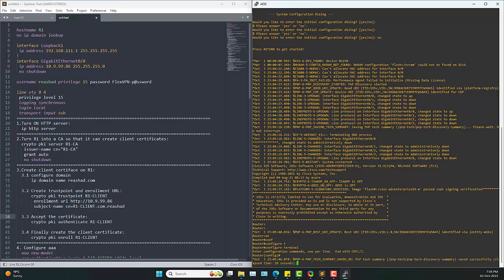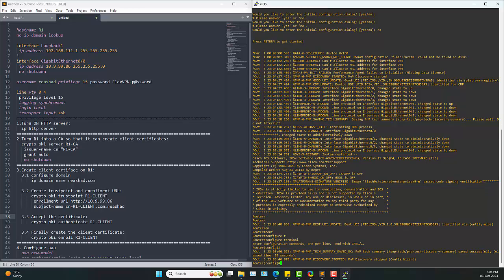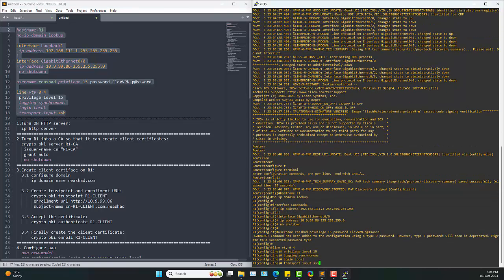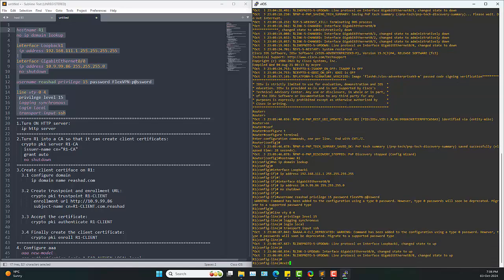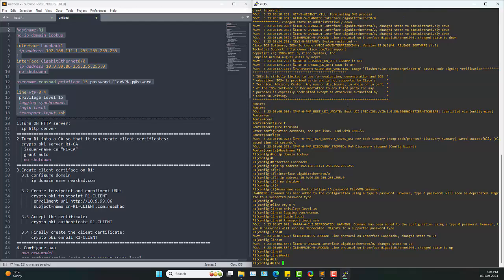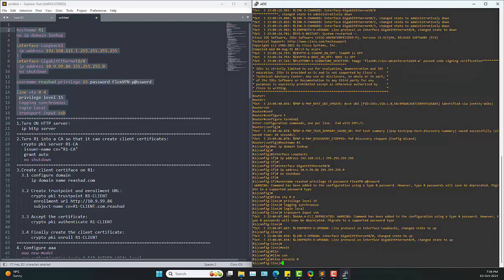So first, what I'm gonna configure is, I call it pre-configuration, that contains the host name, no IP domain lookup, interface configuration and line VTY configuration, and also username password. So I'm just gonna copy that and paste here. One more thing, line console 0, logging